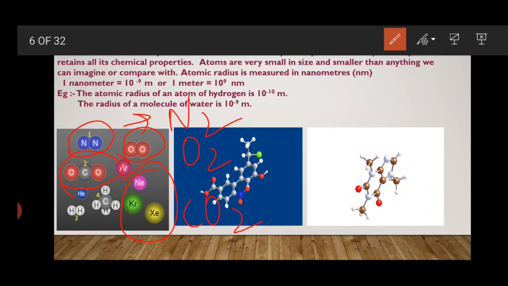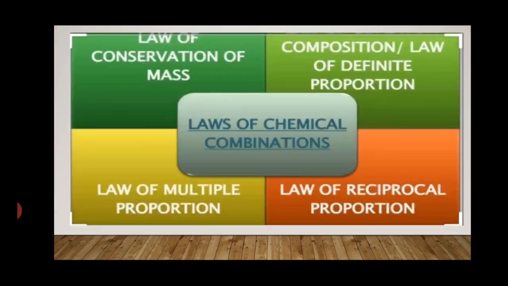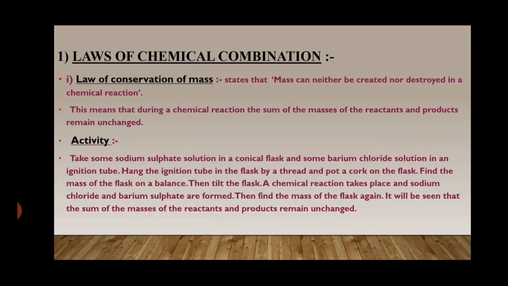Like this, some of the neutral or elementary forms of atoms are neon, krypton, xenon. They are the elementary form. What is the elementary form of atoms? The elementary form of elements or atoms is when they are present in their ground state. Some of the elements are already stable and are known as inert elements, and their individual units are known as inert atoms. Inert elements are neon, krypton, xenon, argon.